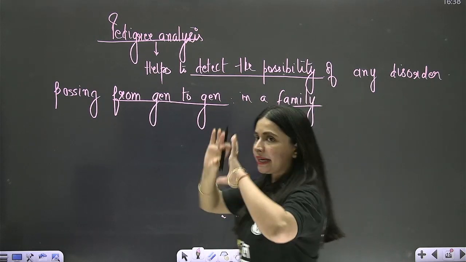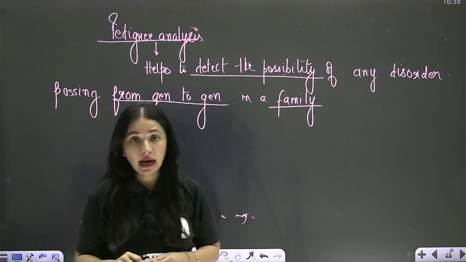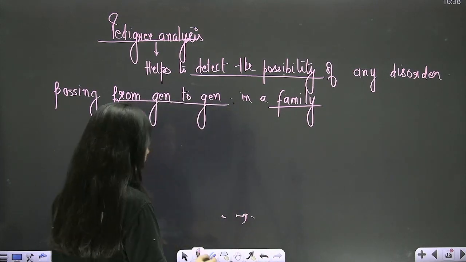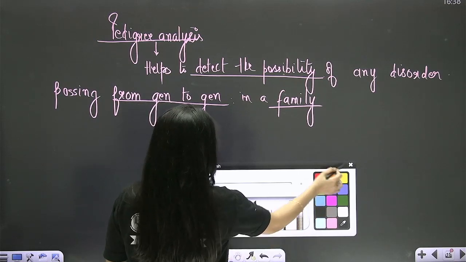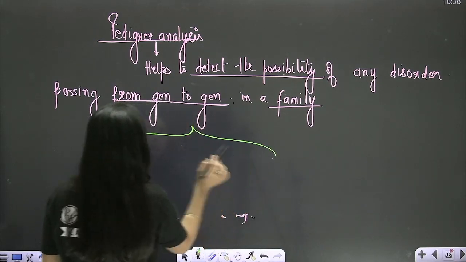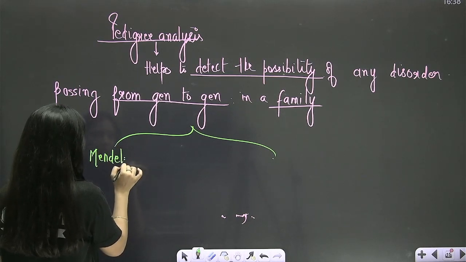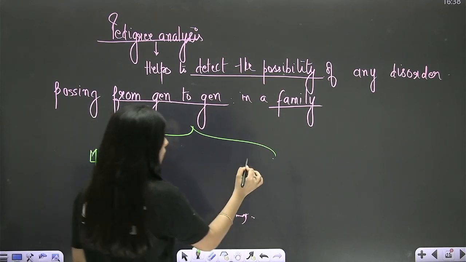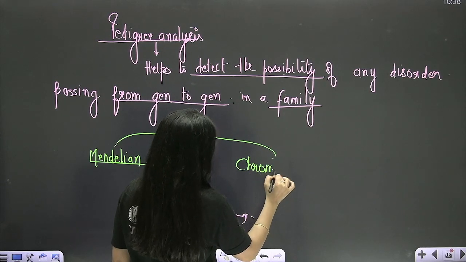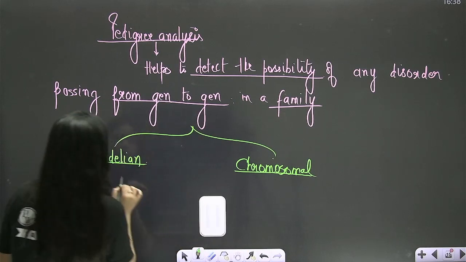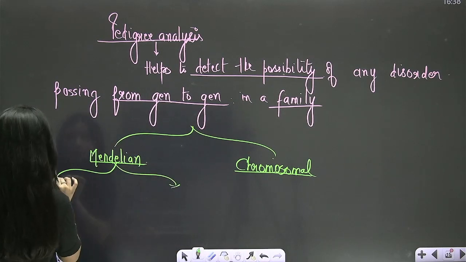There are whole pedigree charts. Accordingly, you solve it. There are two types of disorders basically. Disorders can be divided into two categories: Mendelian, which can be traced in a pedigree or which you can study, and second are called chromosomal, that mainly arises due to mutation, right? Mendelian are again of two types,